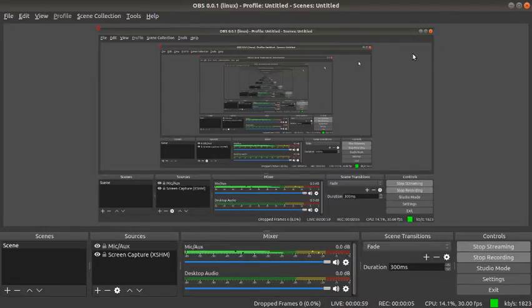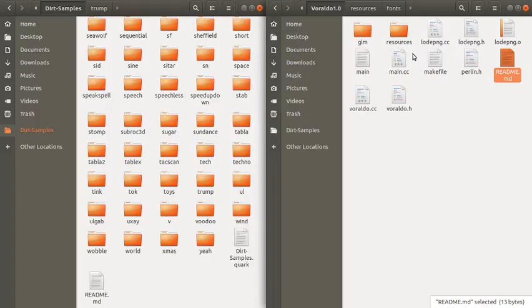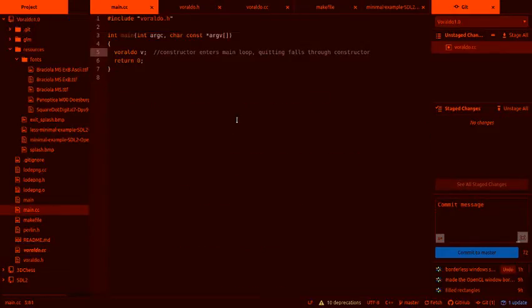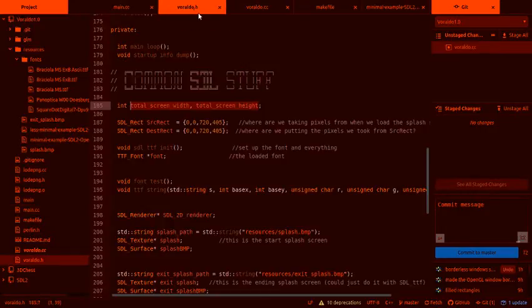The way we're going to do this, I'm just going to real quick walk through what we're doing. Working with SDL now. So start in main, keeping this to an absolute bare minimum. We declare the Veraldo object. The constructor enters the main loop and falls through when you quit. And that's all main is. So then